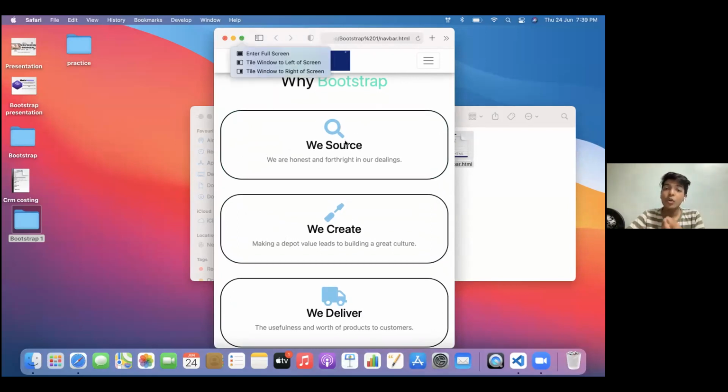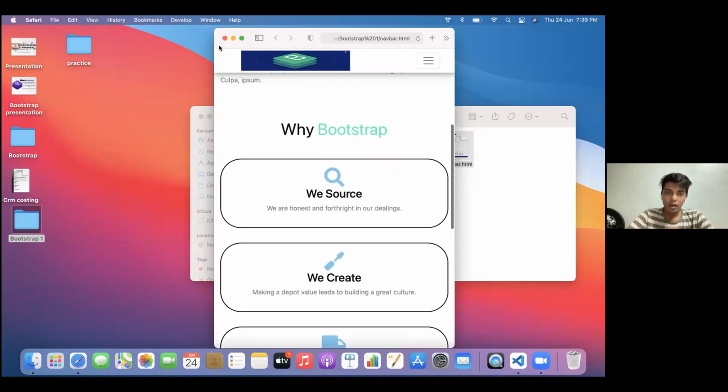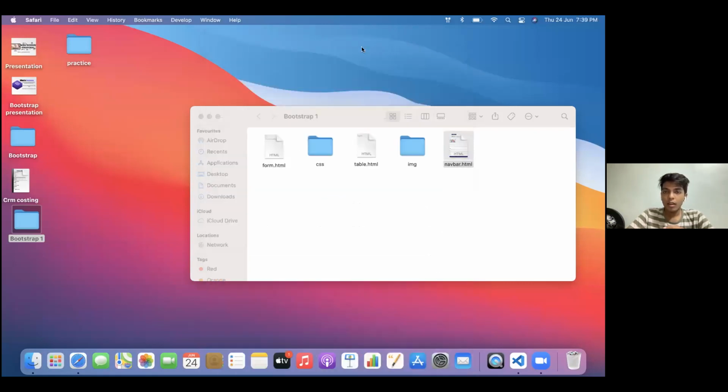The font awesome part, if you don't understand it, I'll be taking up in the PHP session, or when we build out a framework, or not a framework but an online portal or system, integrating front end and back end with the help of MySQL. So I'll be explaining it if you don't understand, but I'm pretty much sure that you will be able to access how to use font awesome. And I guess the session is done for the day.